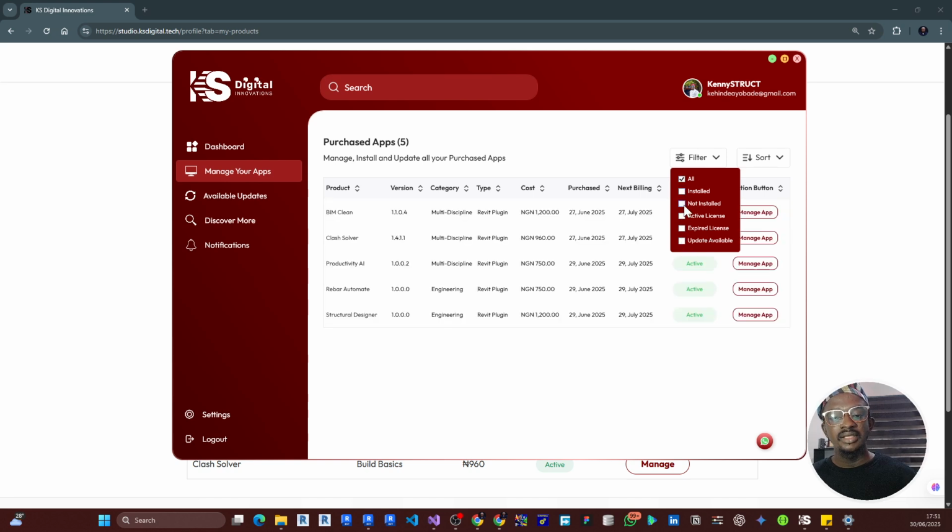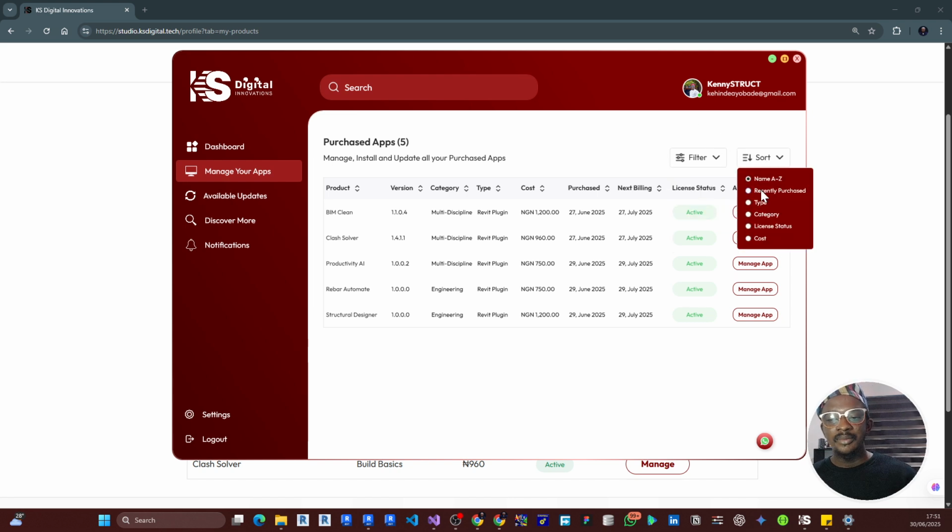Ones with updates, no one updates. So we are going to come back to this filter once we install one of the apps. But the sort will definitely work. It shows you recently purchased. It sorts based on the apps that you recently purchased, then based on the type,